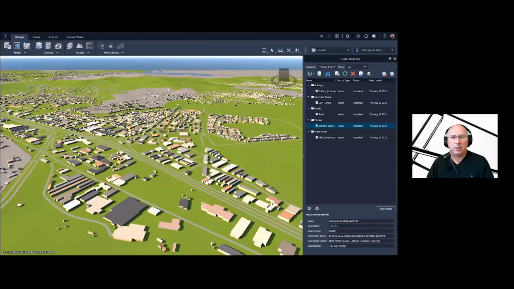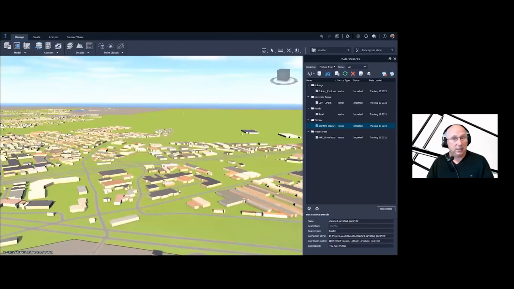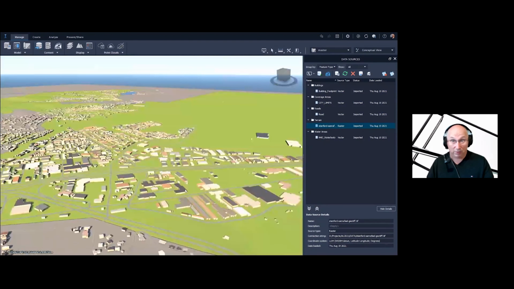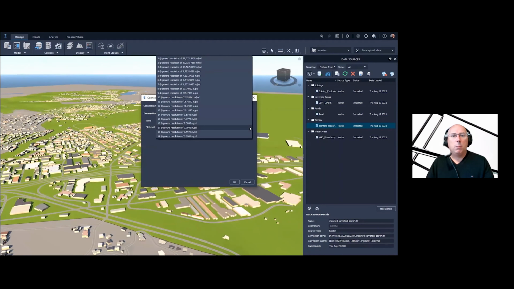So now that we've got elevation or terrain, we've got road, we've got city limits, we've got building footprints, and so on. What's the last thing? Guess what? We're going to bring in Bing Maps, aerial photos. Now here's the trick with Bing. It's imagery, but we've got all sorts of resolution. The lowest resolution is just really fuzzy at this scale. It's 1. And the highest resolution is 19. Now, I'm not going to use 19 right now because it would take about a half an hour to render for the city.